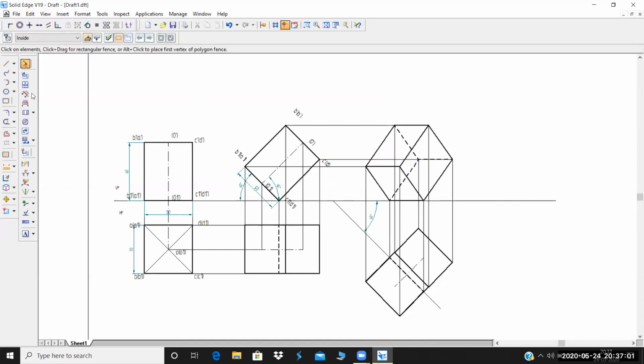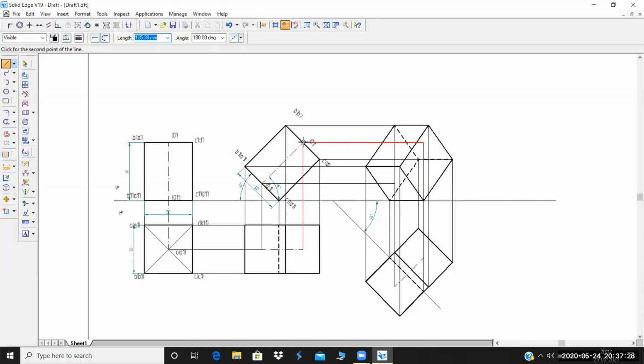Also we have to draw the axis lines as well, from O1 to here. Axis lines are also necessary. When you're drawing this line, you may not get an exactly straight line, so change the angle to 90 here so that you get a straight line. Similarly again from one end.